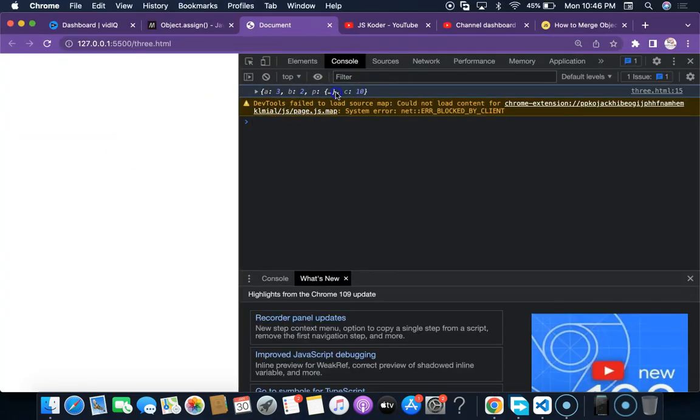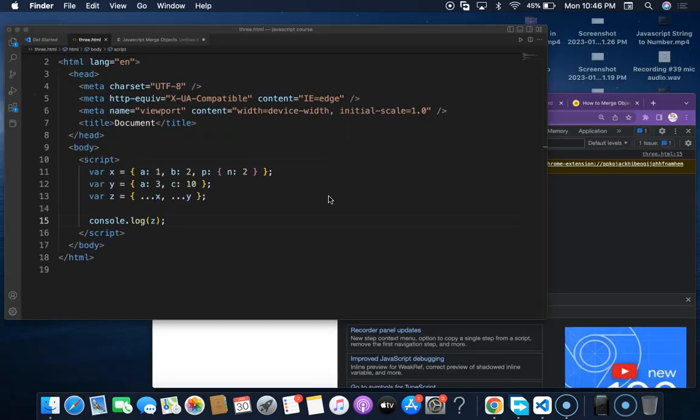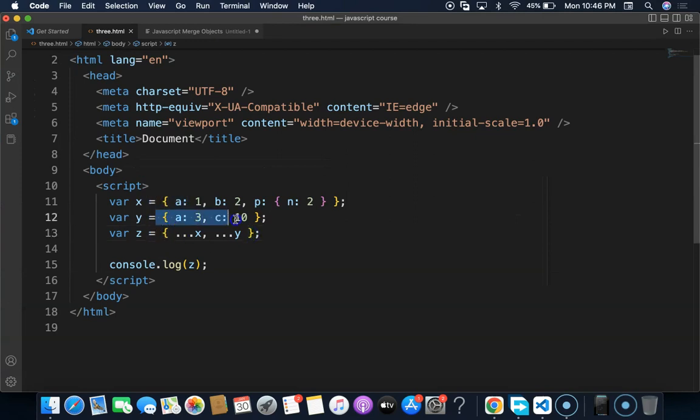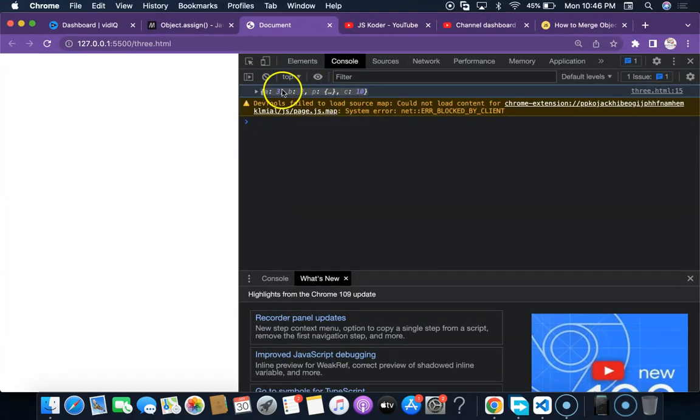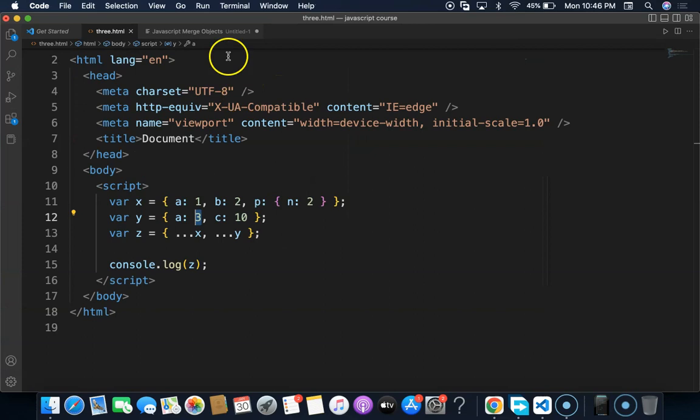as we can see, the objects are merged now. And the common properties will be overridden by the later one. So in this case, 1 is overridden by 3. Let me check. So the next option is to use